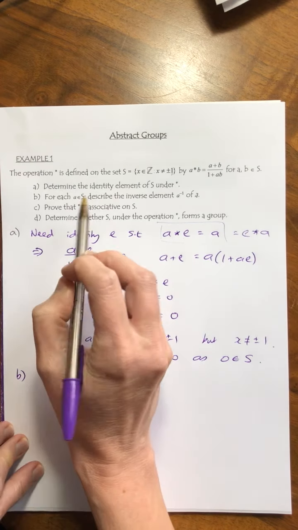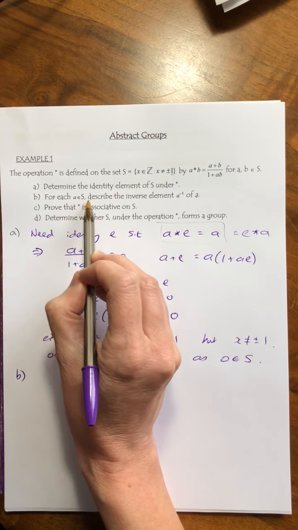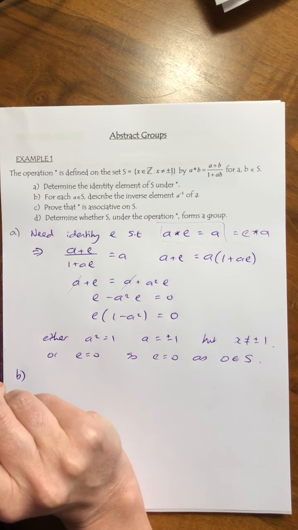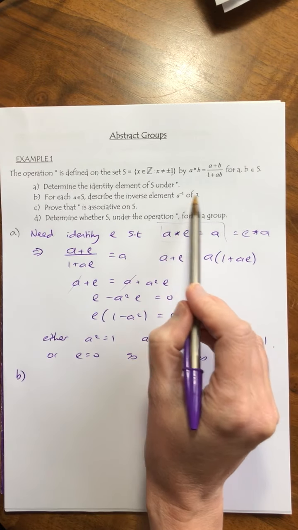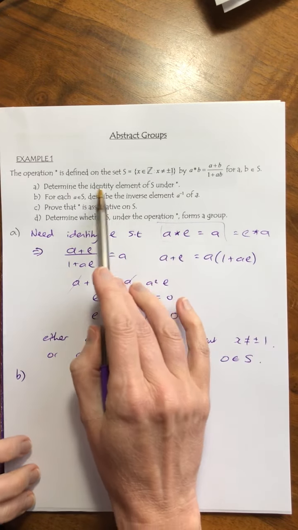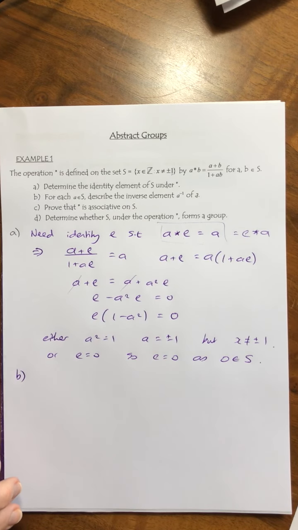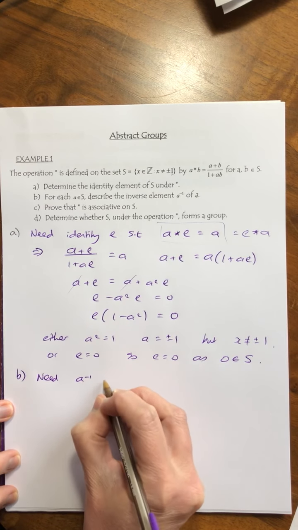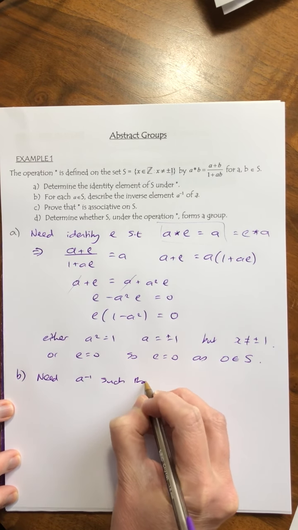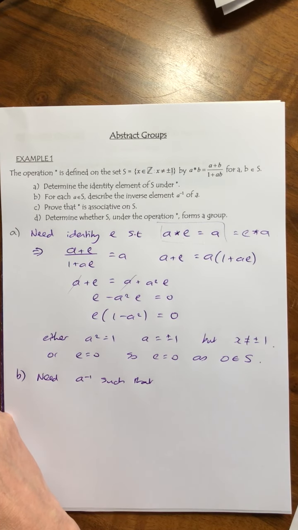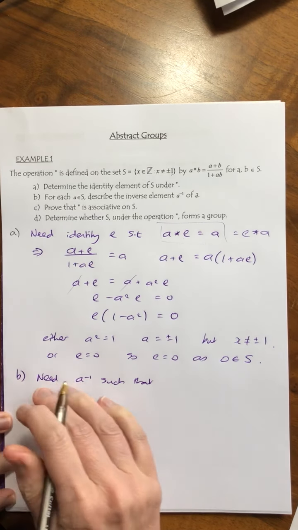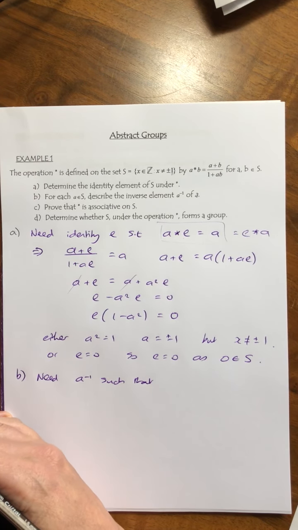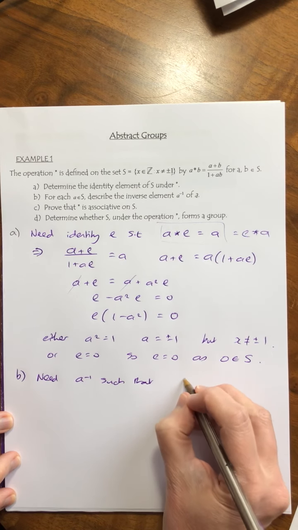Right, so next, for each element A in the set, describe the inverse. By describe, it doesn't mean it's just the thing that gets you back to what you said. It doesn't mean describe in words, of course. It's mathematically describe. So again, I'm going to do it in a more formal way, depending on the wording in the question, depending on the marks. You could do it the technical way. Some of you, I'm sure, are just looking at that and able to just see, oh, well, it's this, isn't it? But the way you would prove it